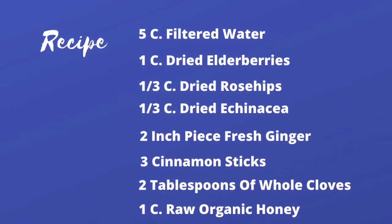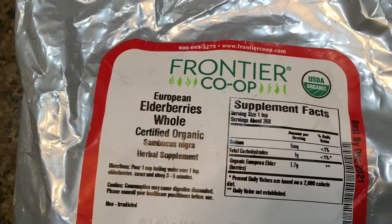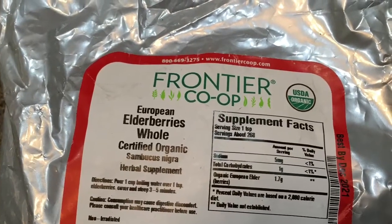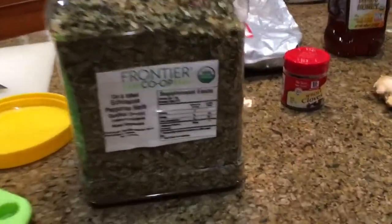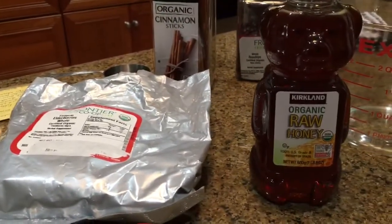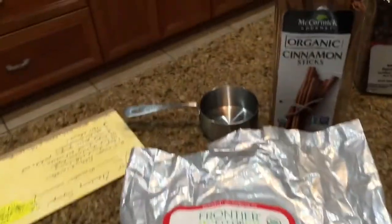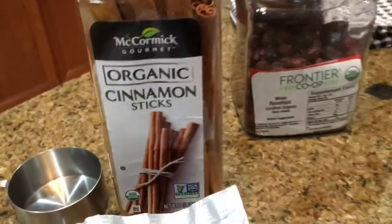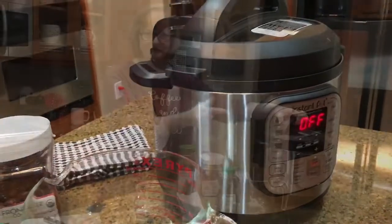Let's get into the ingredients that we're going to use. I am always using organic and as natural as possible, and we are ordering ours online from Frontier Co-op. Now I'll have the full recipe and the steps at the end of this video. But here are the ingredients that we're using, and there's a list right here at the beginning, and there's a list again at the end. So you can always take a screenshot. Don't feel like you have to write it all down quick. But you can see almost everything that I'm using is organic, raw honey, organic,